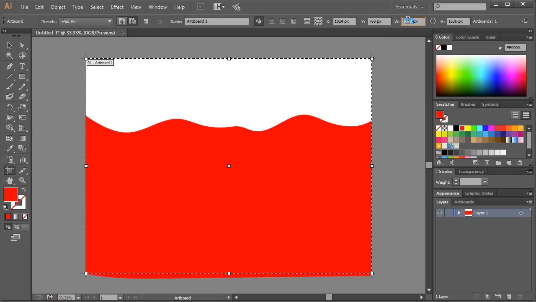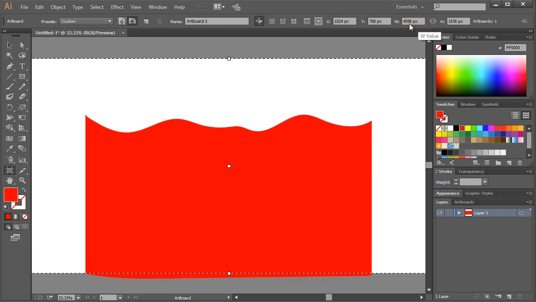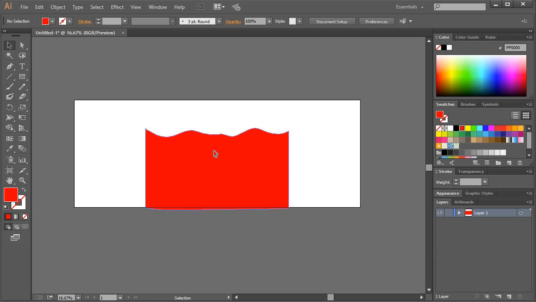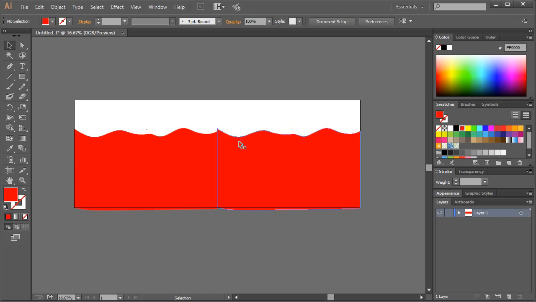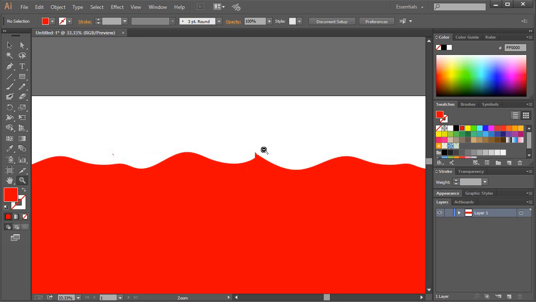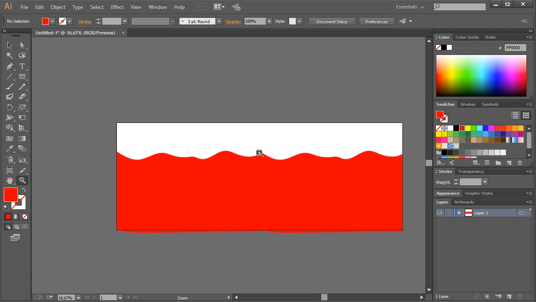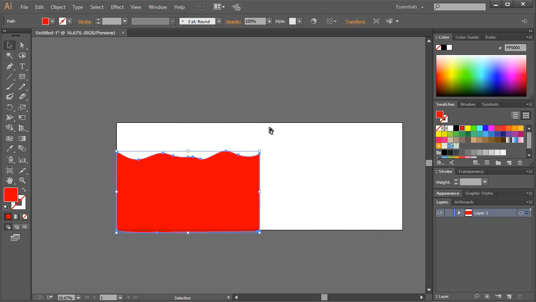and I switch over the width to duplicate it, so 2048 would be 4096. And I take this shape, I move it over, and then I tile it, Control C, Control F, by duplicating it and moving it to the right. We can see that we have an issue right there. The reason is that they weren't lined up exactly on the same vertical length on the right and left side. So if I back up a few times,